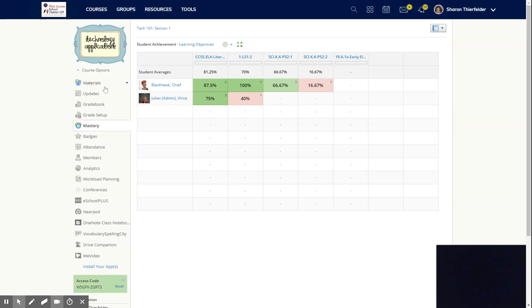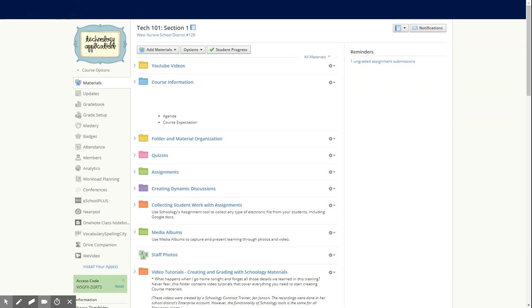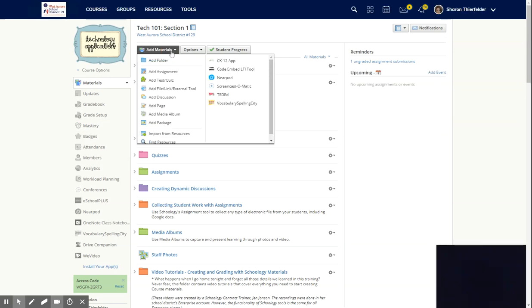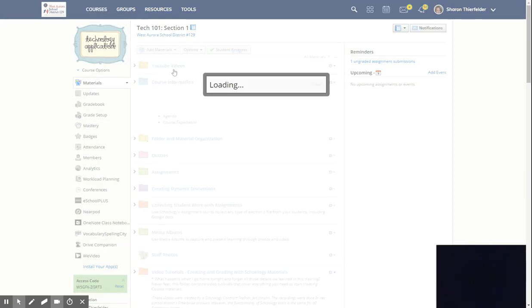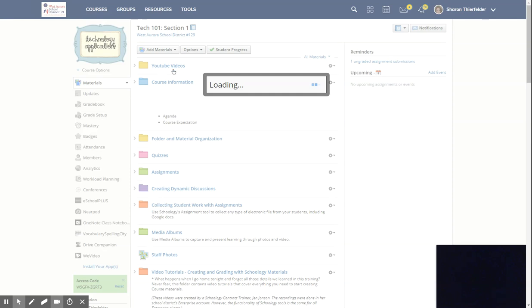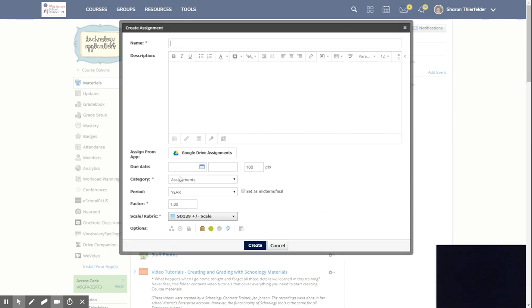Now, you saw where we could add the standards to rubrics, but you can also add them to different material types. You can add them to your tests if you're using tests and quizzes. So I'm going to come here into our materials and do add material. And I'm just going to say add assignment. Okay, so down here below,